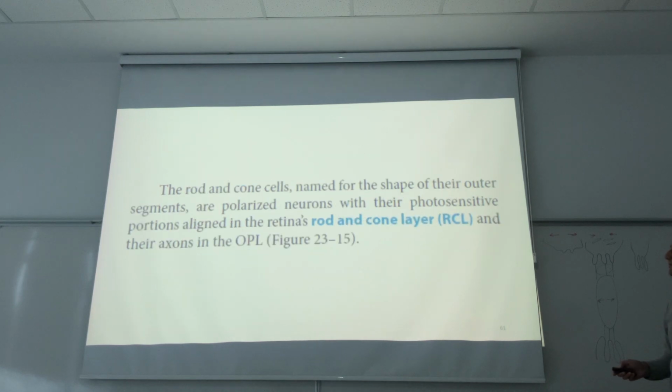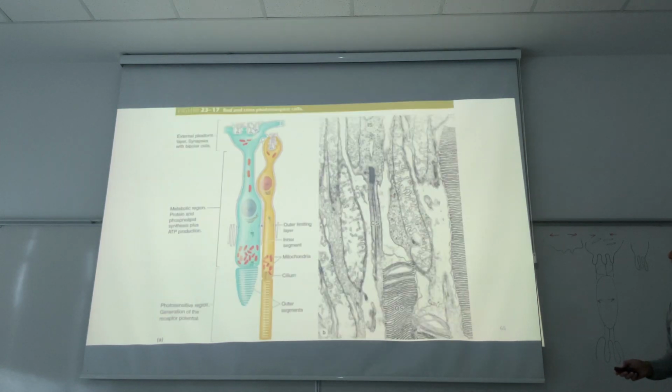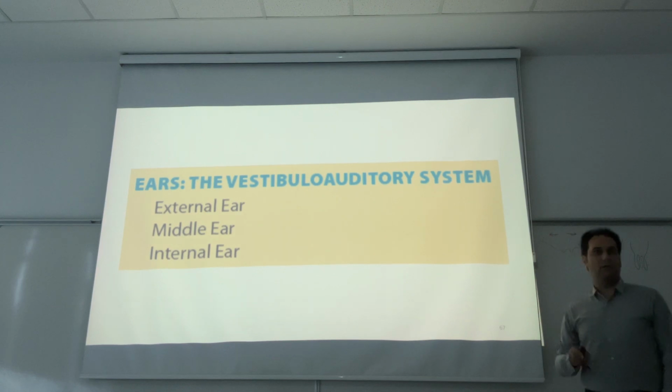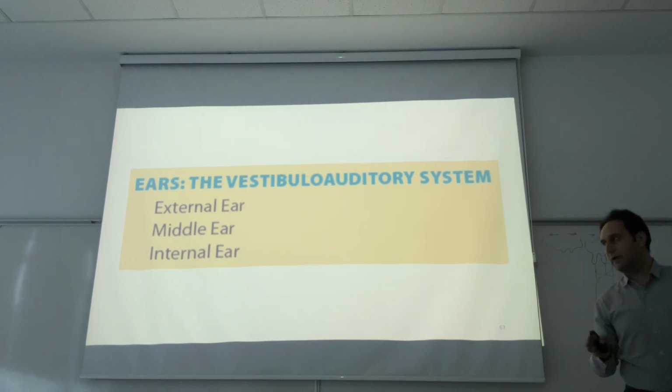Okay, we talked about these parts. You can read this part for yourself, and here you can see the schema related with the rod and cone cells. Okay, thank you for your attention. Our lecture related with the eye ended in this part, and we are going to continue with the histology of